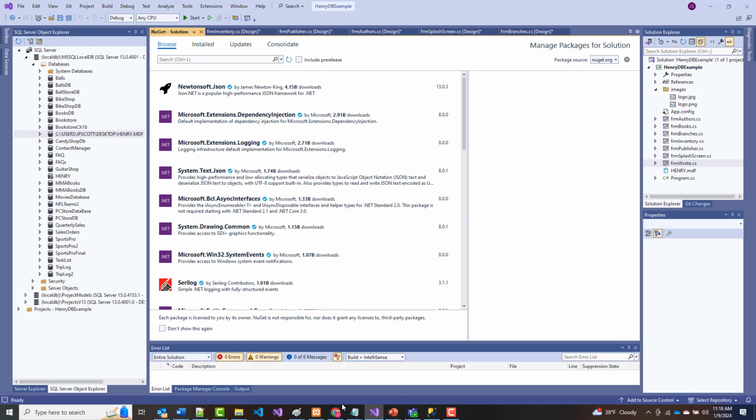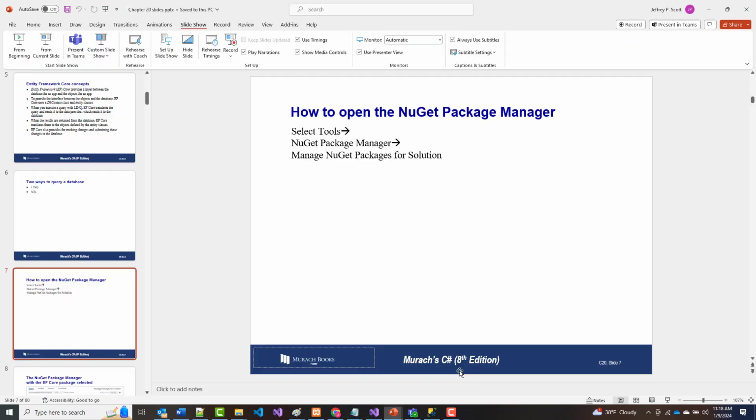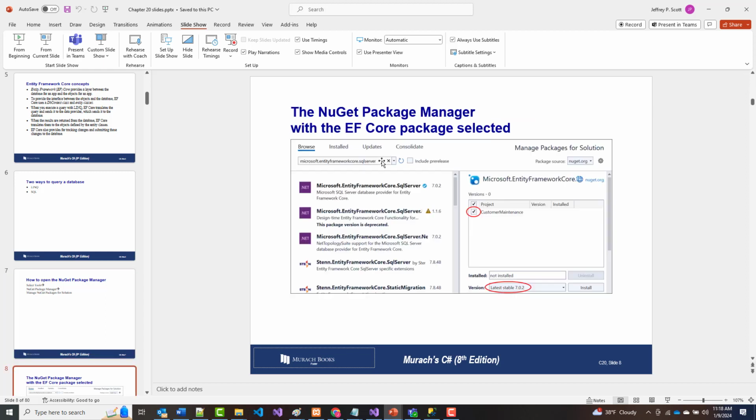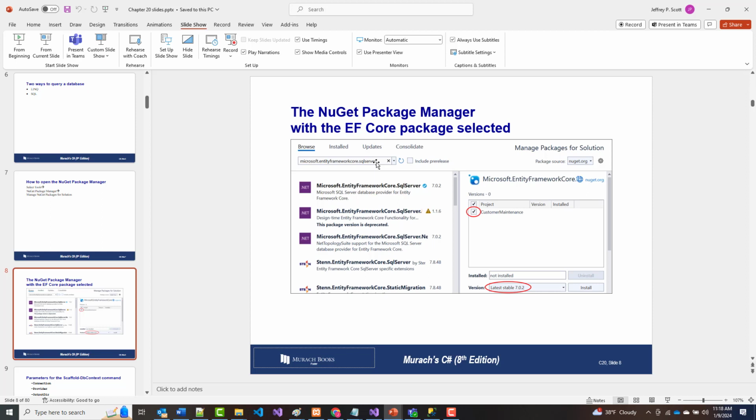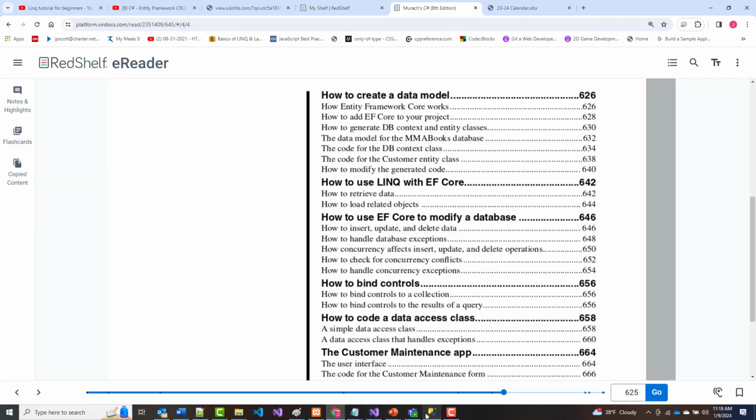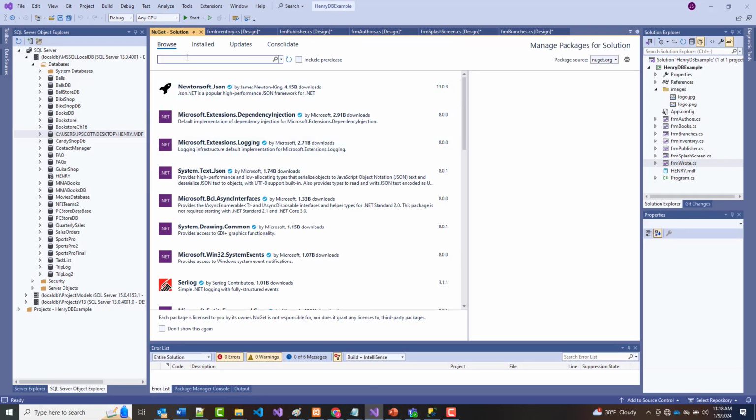Now, looking in our chapter here, that was the Tools, NuGet Package Manager, manage NuGet packages for solution. And they're saying here, there is an EF Core package. In fact, there's really more than one. If I come in here and I type in Entity Framework Core,